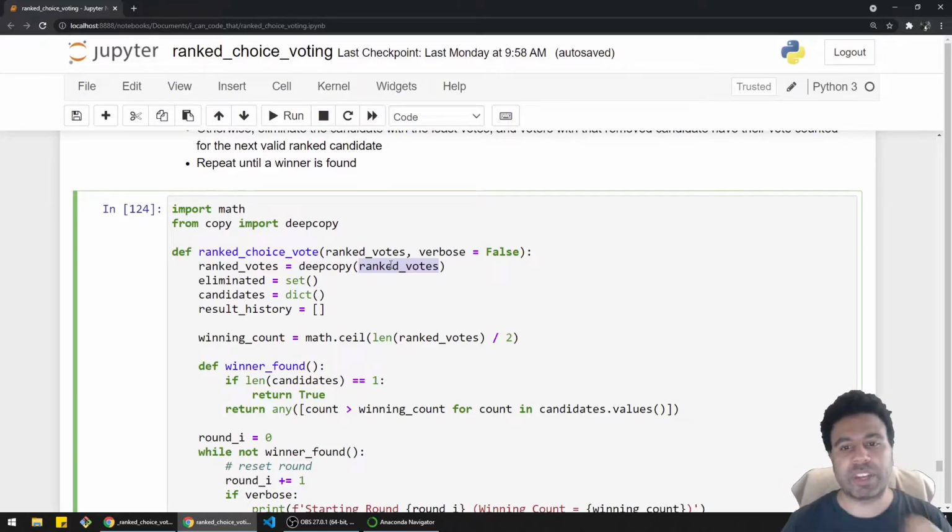I will be doing some modifications to the inner list when I eliminate candidates, so that allows me to keep track of that without modifying the original. Then I have a set called eliminated. Then we have a dictionary of candidates. This is just a dictionary that will be actually renewed every time we have a successive round. This is going to be used to count the votes for each candidate, but each new round will have to